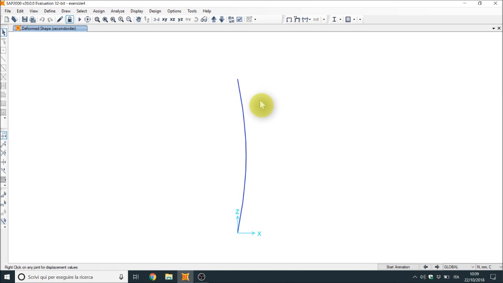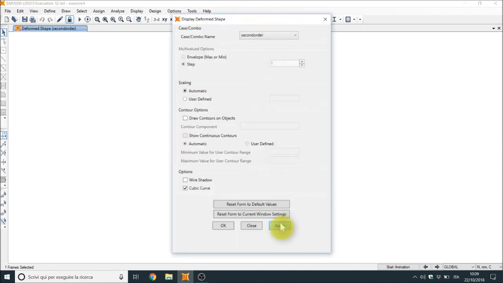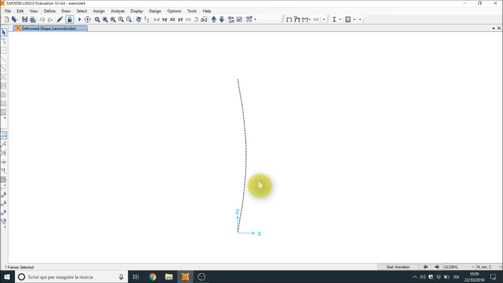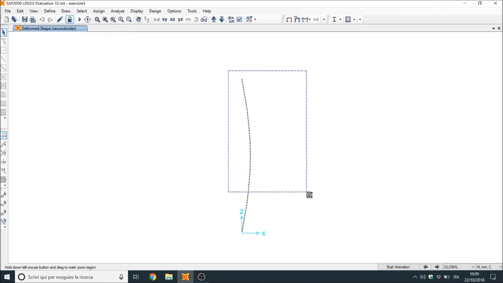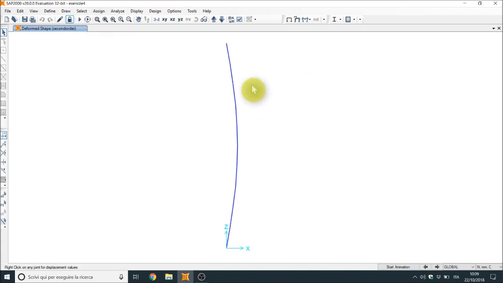Okay, now you can see that for the second order analysis, we have lateral displacement, of course. The axial is quite the same, but we also have